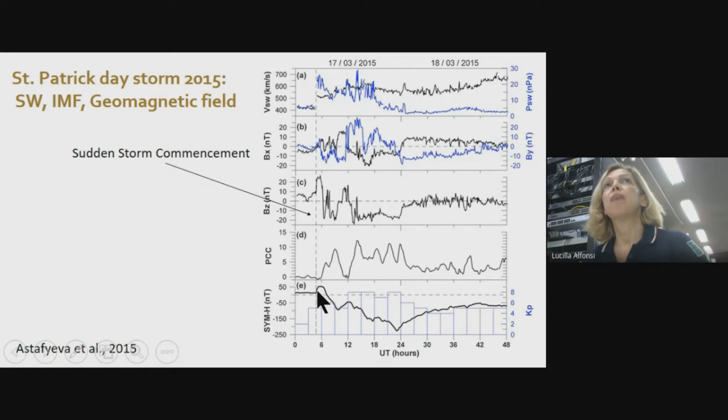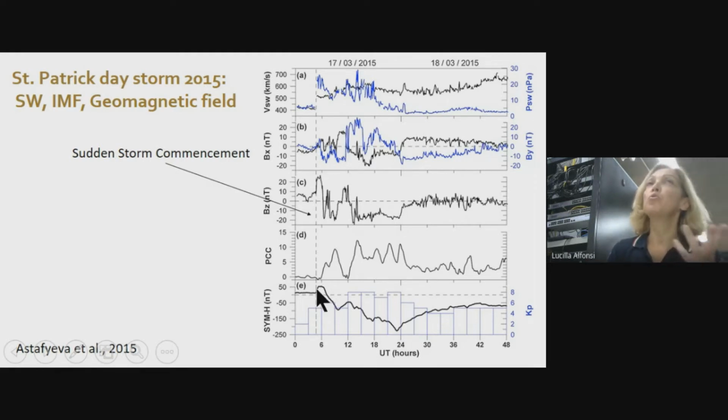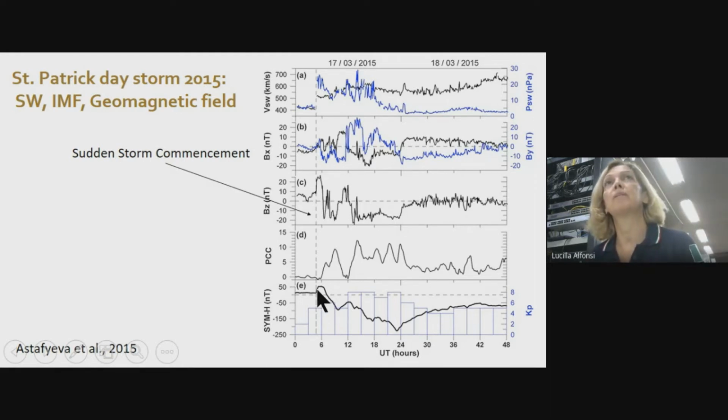You can identify it as an enhancement of the horizontal component of the geomagnetic field, visible as this enhancement on the CMH index. This enhancement is due to the compression of the magnetosphere, so through an additional booster on the geomagnetic field that gives this enhancement. So this is the very start, the very